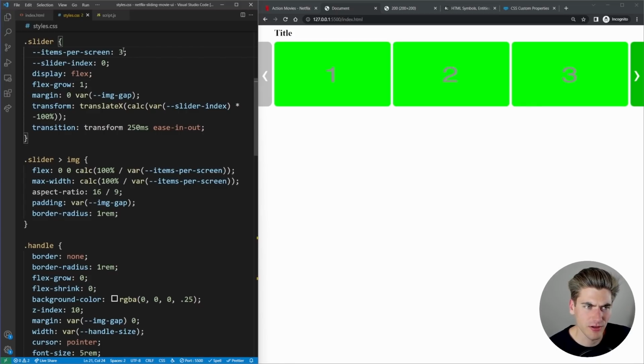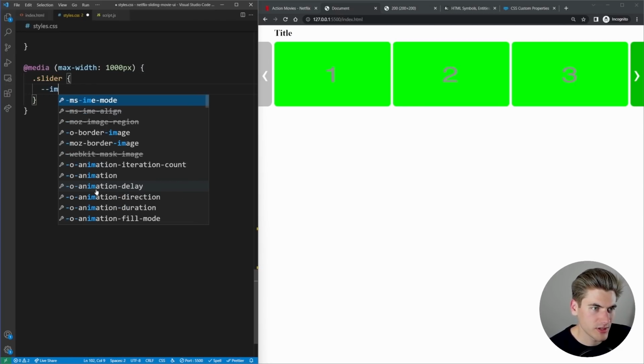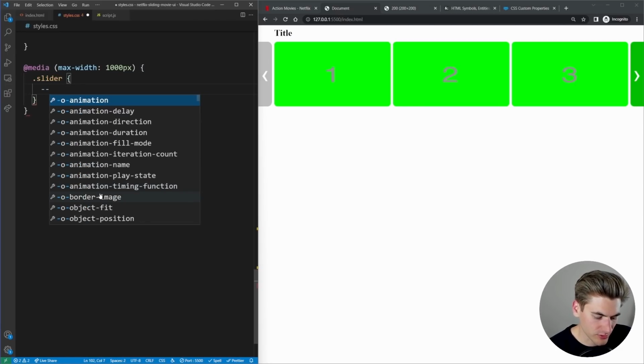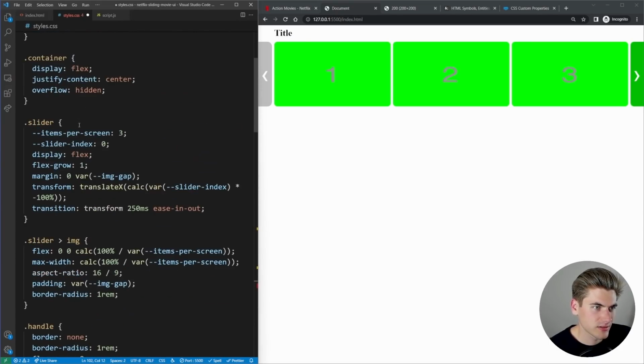Okay, there we go. And we can change this inside of a media query. So just as an example, we'll say like at media max width 500 pixels. Now let's make it like 1,000 pixels. We can take our slider and we can change that value, which we called items. What did we call it?